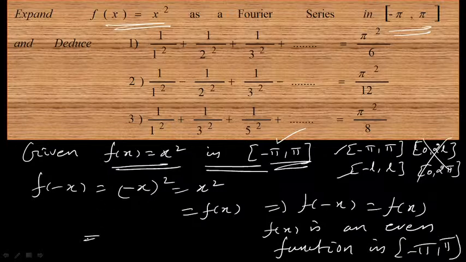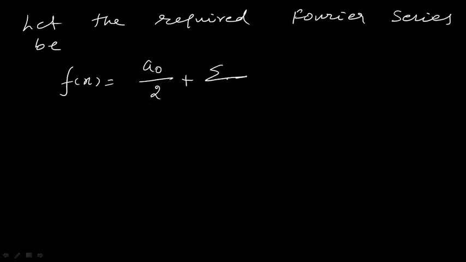If it is an even function, immediately you can write the value of bn is 0. If the value of bn is 0, then let the required Fourier series be of the form f of x equal to, the Fourier series consists of only a naught and a n alone. So f of x equal to a naught divided by 2 plus sigma n varies from 1 to infinity a n cos n x,